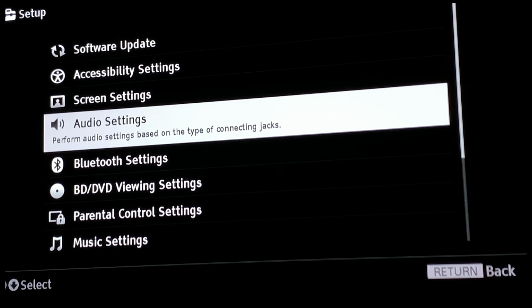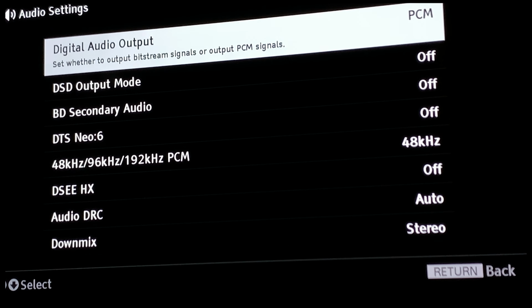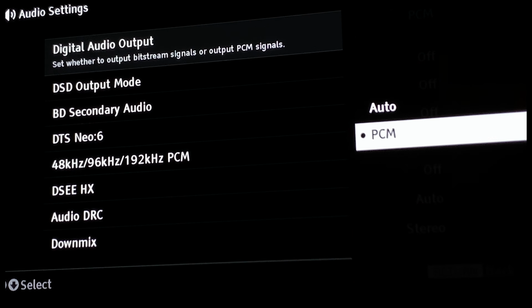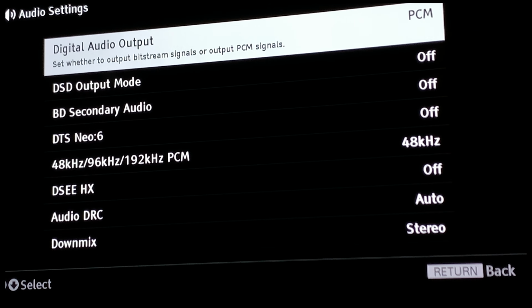Next up, we have the audio settings. There's a little bit different things you can do here. You can set whether to output bitstream signals or output PCM signals. Mine is on PCM. You can always switch it to auto too. Just depends on your setup. If you have it just hooked straight up to the TV, or if you're going to be setting this up on a surround sound with a receiver, it's completely up to you if you want to switch those up